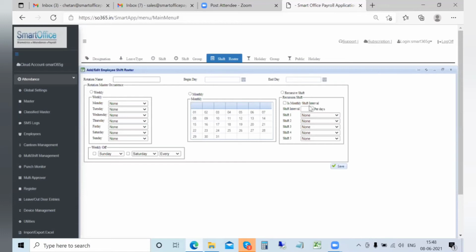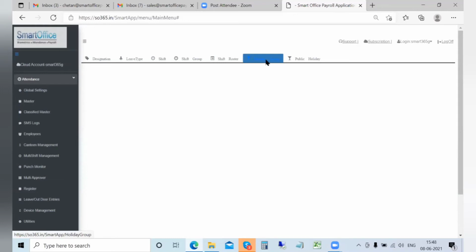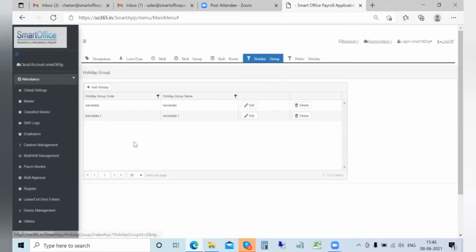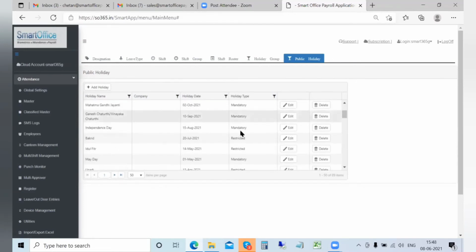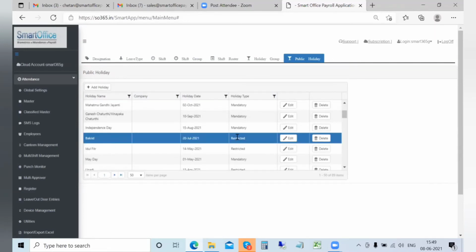We also have an option of defining your holidays, as in if you want to define different public holidays for different sets of people, then you can define different holiday groups. Or if you want to just import a certain number of fixed holidays for all the employees, and add restricted holidays, in terms of giving 3 to 4 specific holidays to a specific group of people, then you can include them as restricted holidays. For these restricted holidays, the employees will apply from the ESS or mobile app, or the admin can also import them using the register option.